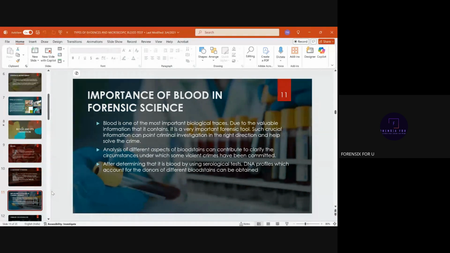Whether at all the liquid found at the crime scene is blood or not can also be identified by preliminary testing, because there are a lot of times where the person tries to falsely implicate someone by pouring ketchup or maybe an animal's blood or maybe any pink dye, claiming that this is blood. So, first, you need to separate that out. You need to identify whether the stain present at the crime scene is actually blood or not. And then you need to identify whether that blood belongs to the particular individual who has been implicated or not. And then after that, you need to specify all the details that are there. Right? Am I clear?